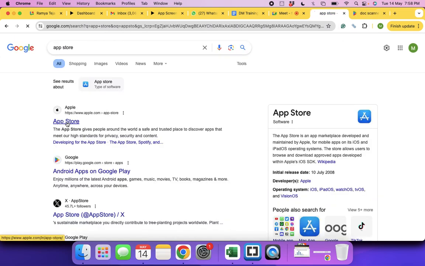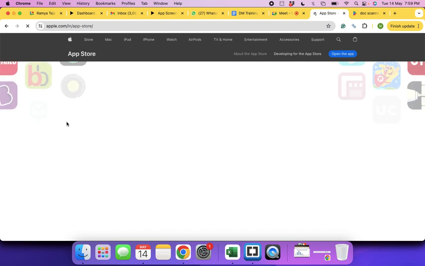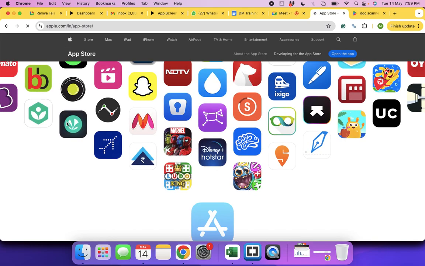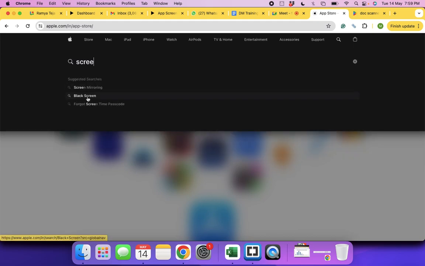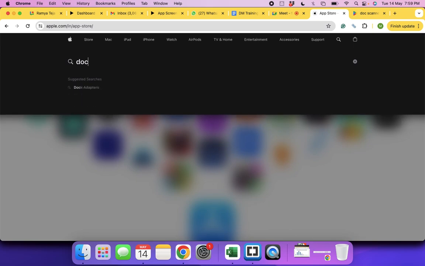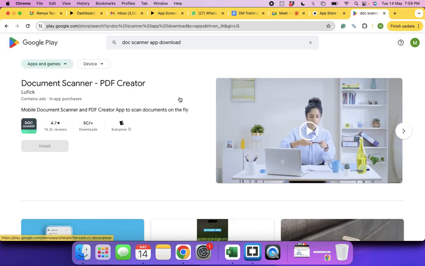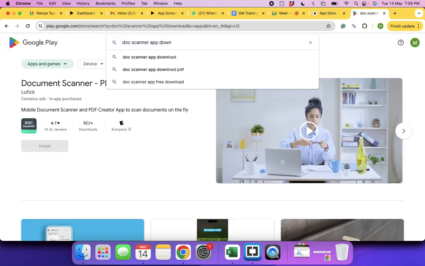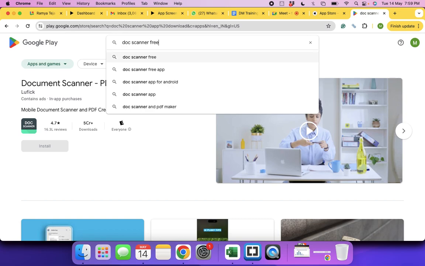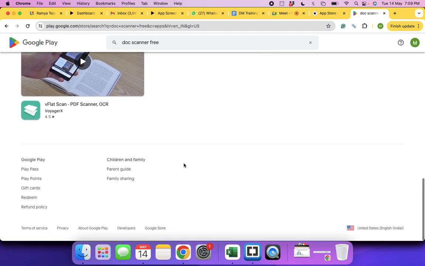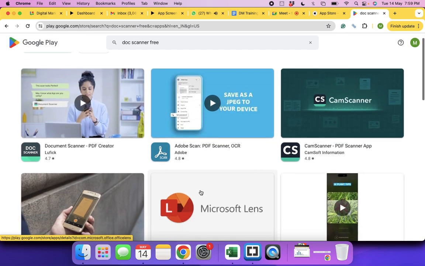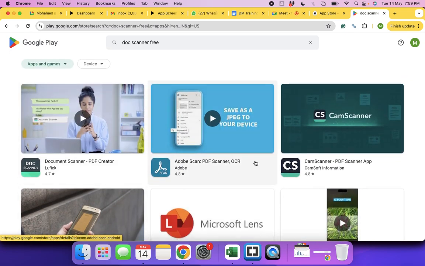Maybe probably on your mobile you would see a lot of document scanner apps. On your mobile you might find a lot of autocompletes when you type document scanner. Okay, so now all these apps are showing up, correct?